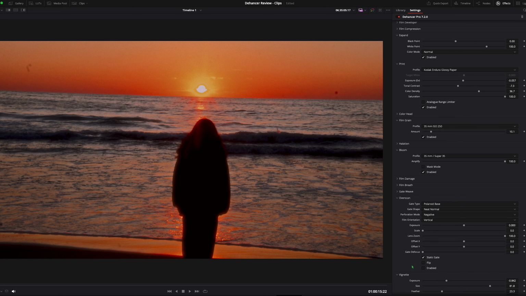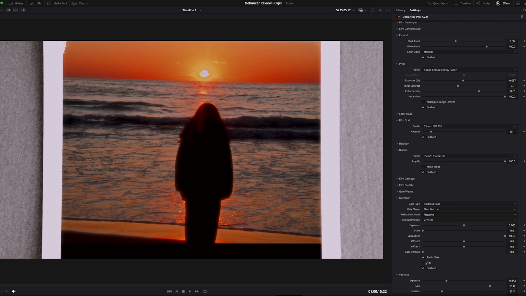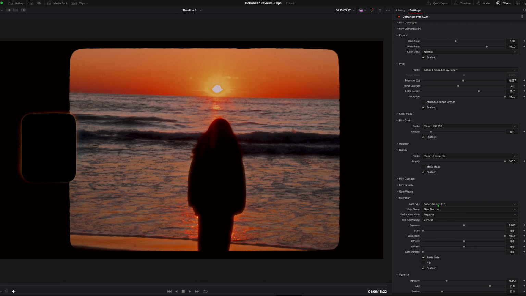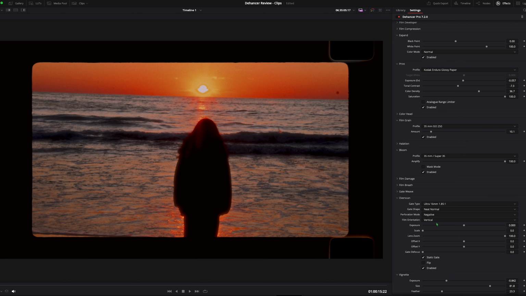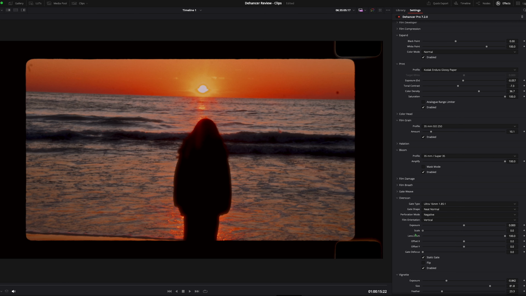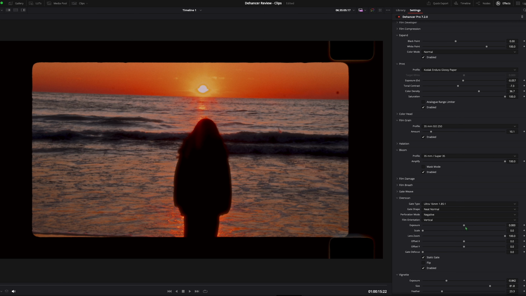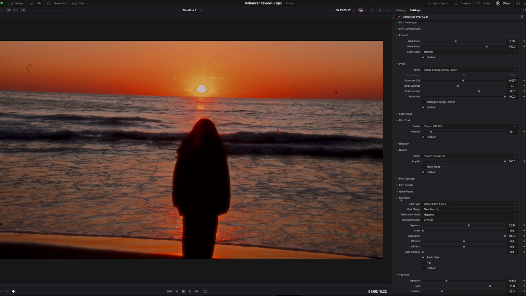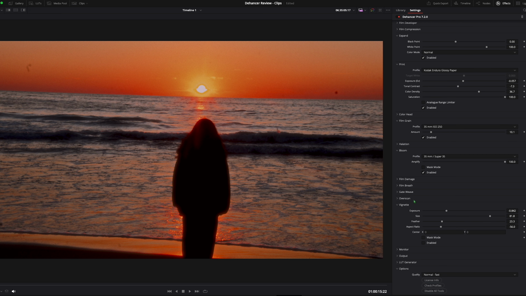I just want to dive into overscan a little bit, but the one thing I liked about Dehancer, especially for vertical and horizontal placements, is that you can have a plethora of looks between film stocks and film looks. So you can go to Super 8, you can go to Ultra 16mm, and you can customize this as much as you want. You can improve the scale, decrease it, change the exposure of it. The overscan, just gonna keep it as is,